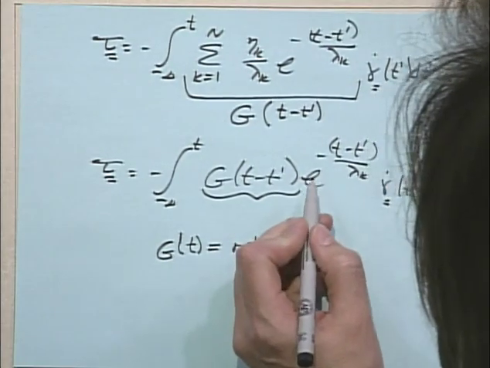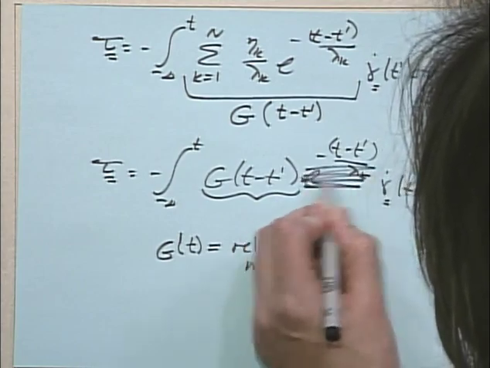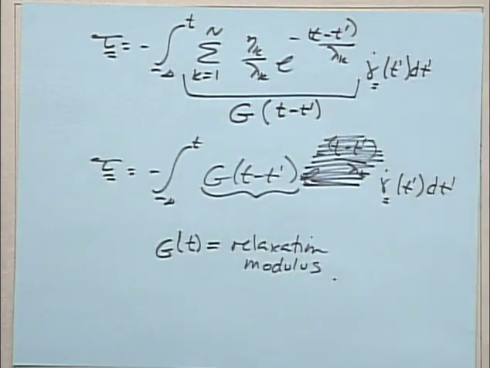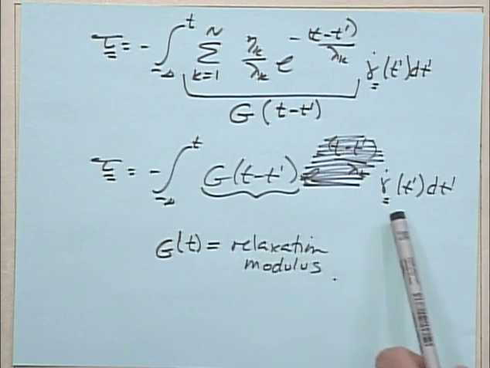Actually, I wrote this wrong. This doesn't belong here. Everything up here is correct, everything before the gamma dot. Okay? This model with G of t out front says